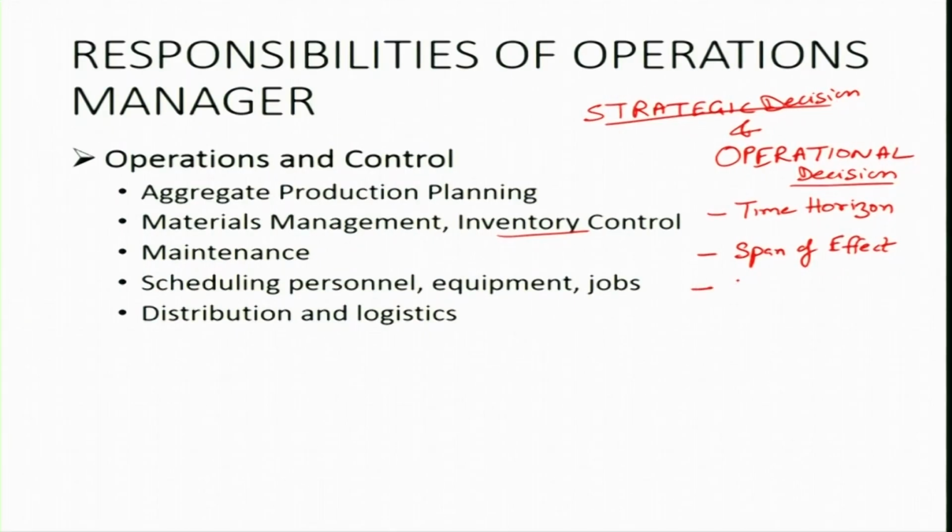The third important thing is the cost of changing the decision. Suppose I have selected a wrong product and I find after some time that there is hardly any demand for that product, and based on the product design I have purchased the technologies, machines, equipment, and set up the factory also. After that I come to know that my product design decision was wrong. Can I change that? What is the cost of changing that particular decision? It is going to be very high.